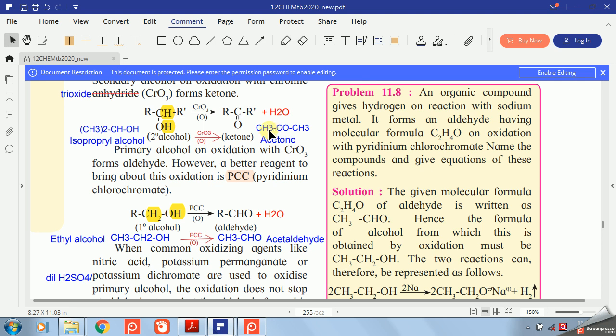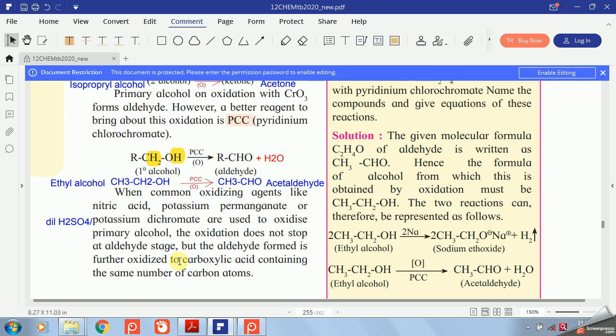Notice the IUPAC name, the 3 carbon compound is your ketone, so 3 carbon is propane, then replace the word E by ONE because it is a ketone, and your C double bond O is on the second carbon, so propan-2-one is the IUPAC name. Now